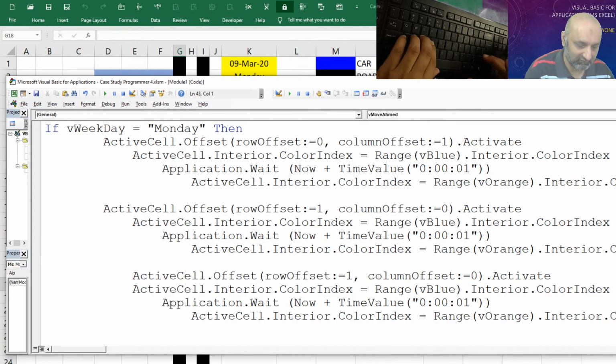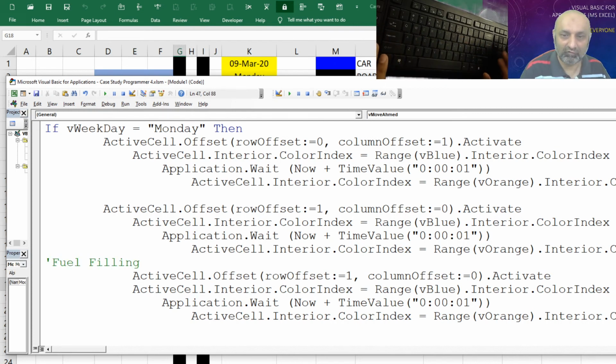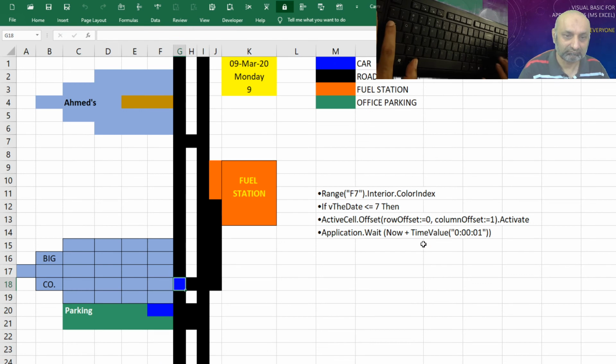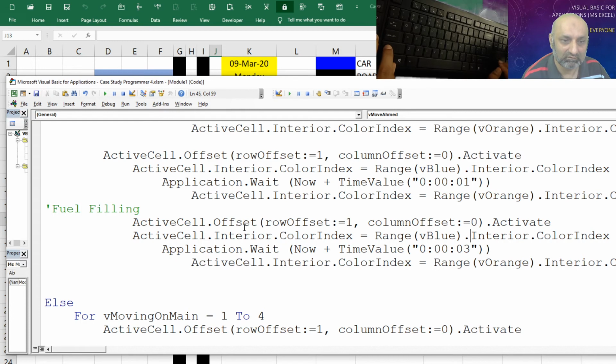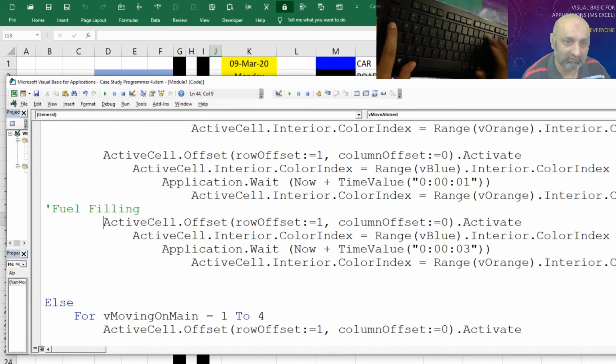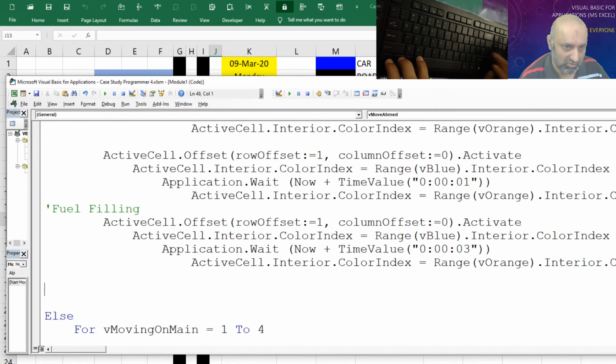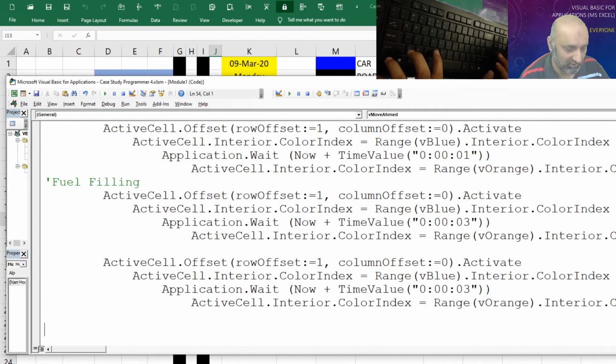And let's comment it fuel filling, and for fuel filling I have to wait for 3 seconds, and after fuel filling I have to come down 1, 2, and let's assume this is the tire shop at the corner of the fuel pump. So what I need to do is move this down 1 time and 2 times.